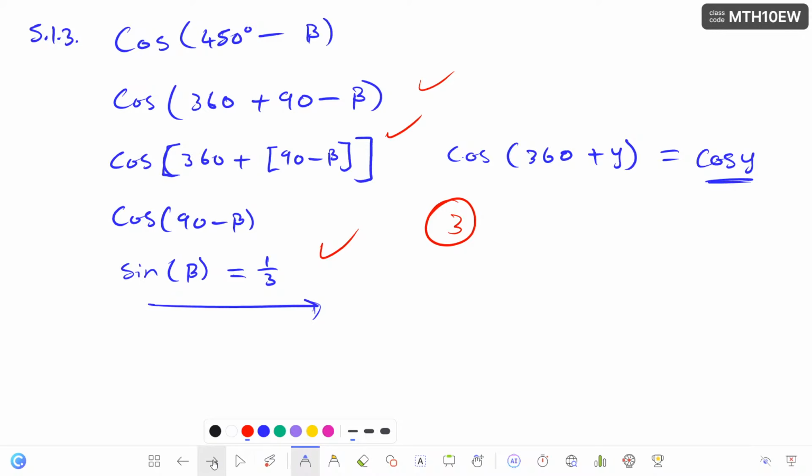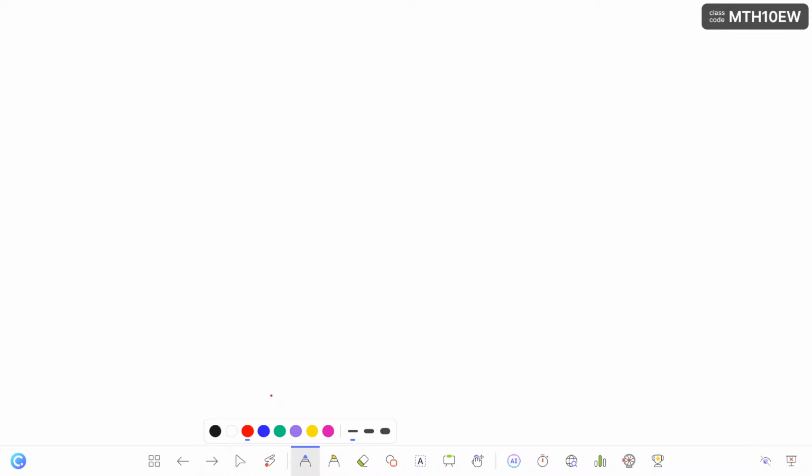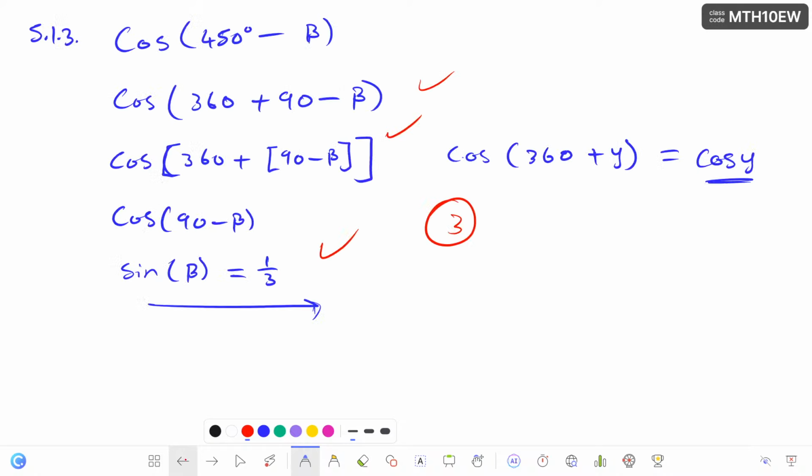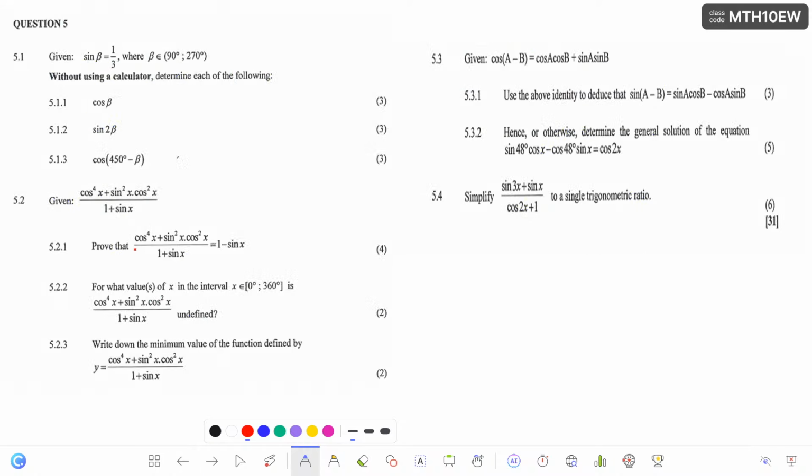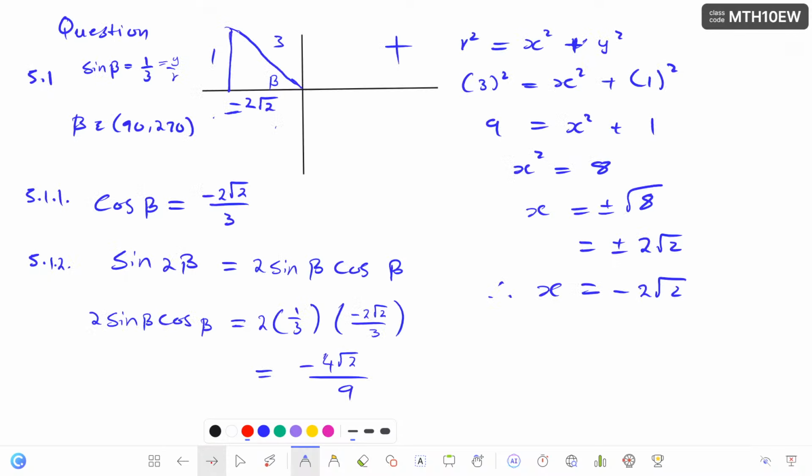So okay, let's go to the following question. Given cos 4x plus sine square x cos square x over 1 plus sine x. So they want us to prove this left hand side is equal to the right hand side. So okay, how can we prove this? We are going to write